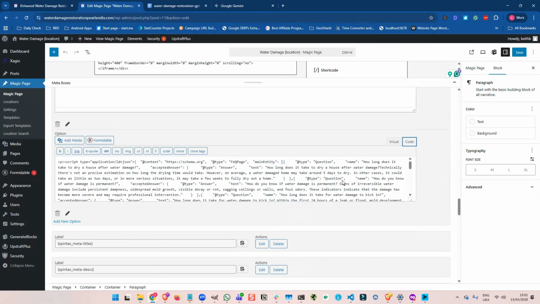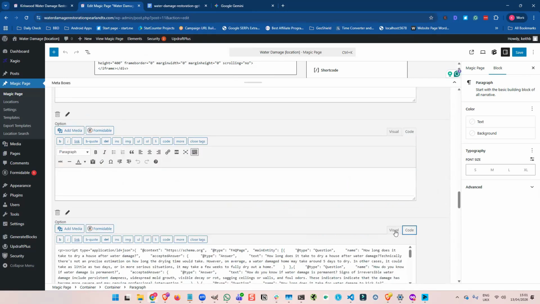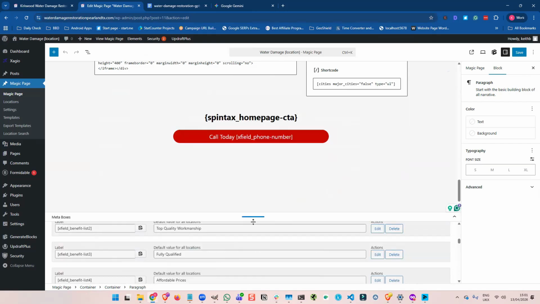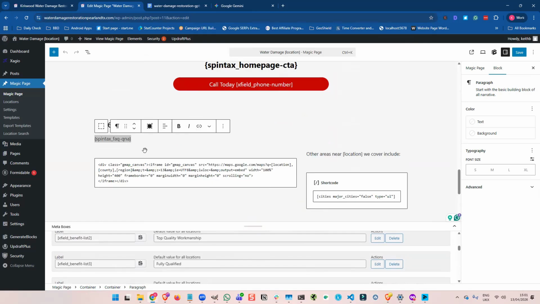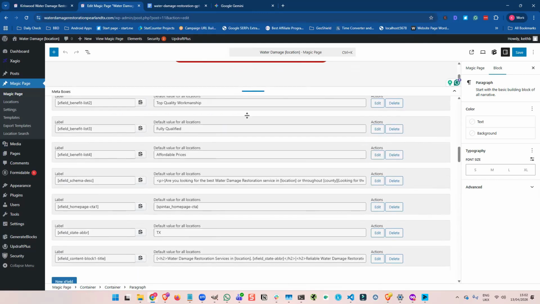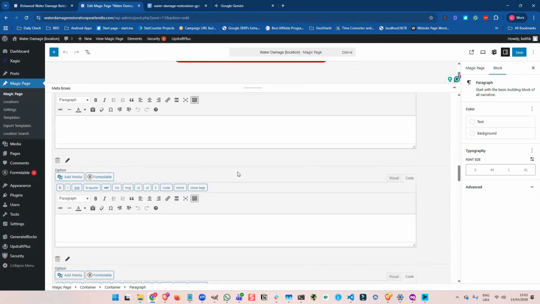So what happens is when it comes to displaying these on the page, the Magic Page plugin will go to Spintax FAQ Q&A and just randomly pick one of those sets of questions and display it. Then on the next page, it'll randomly pick one of those sets of questions and display it, and then on the next page. So you're going to get random questions coming out. And that works exactly the same for